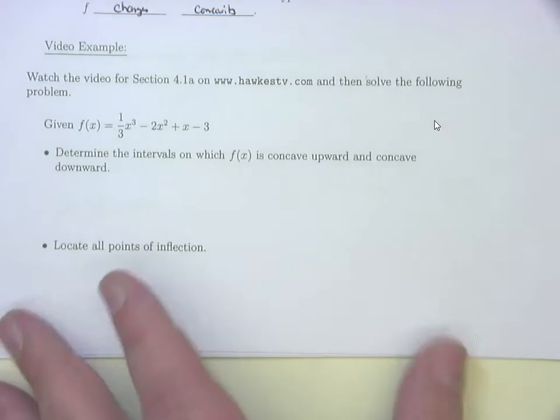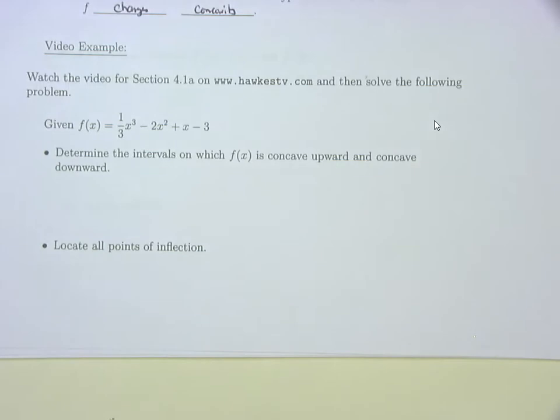So given f of x equals 1/3 x cubed minus 2x squared plus x minus 3, determine the intervals where f of x is concave upward and concave downward, and locate all inflection points. They're talking about concavity. Here's the thing: I'm going to take the exact same questions I gave you on the last test and change the words increase and decrease to the word concavity and make you do the same stuff over again, except